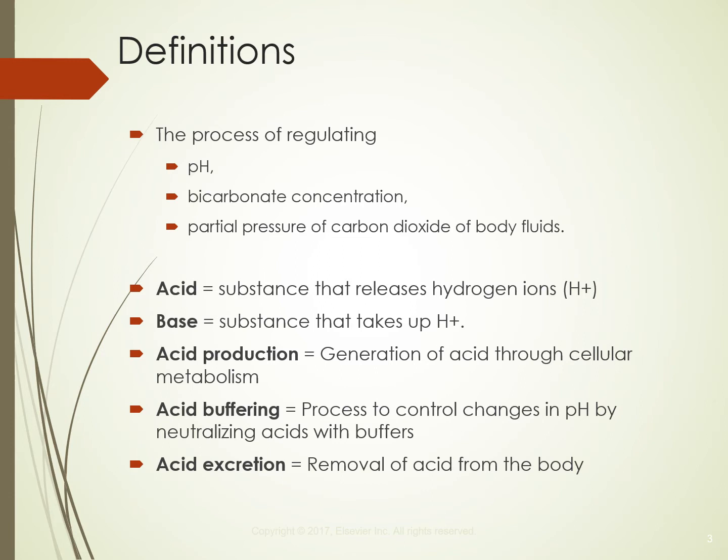Carbonic acid production comes from cellular metabolism, which generates carbonic acid, which is H2CO3, in the form of carbon dioxide and water. Bicarbonate in the blood is transported to the lungs and capillaries where the CO2 level is low because CO2 diffuses into the alveoli and is exhaled. The lungs serve as the excretory organ for carbonic acid. The kidneys secrete metabolic acid but are unable to excrete carbonic acid.